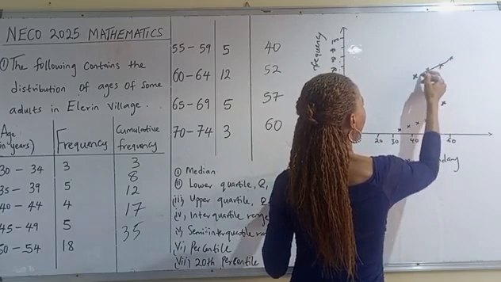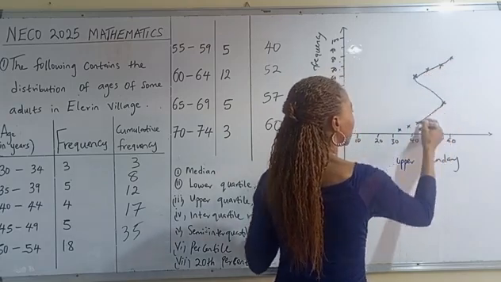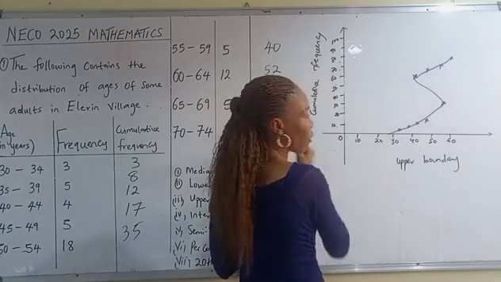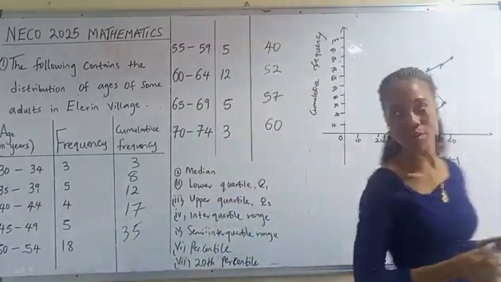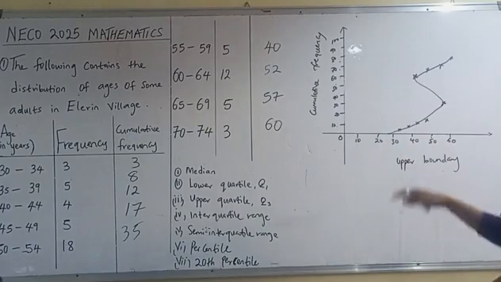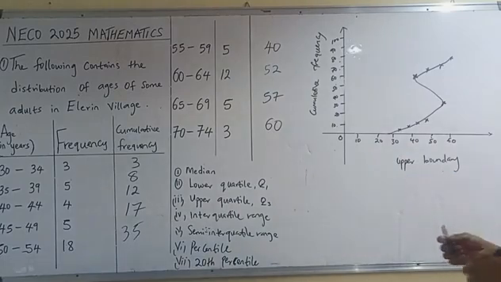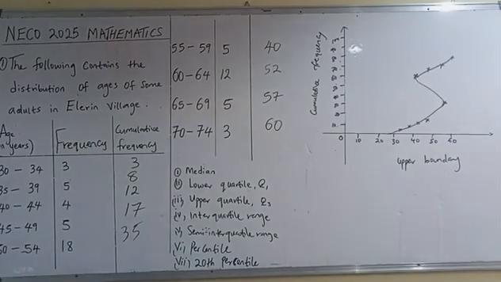So we can join it to get our curve. So once you get the curve, the ogive curve, if you're asked to find the median